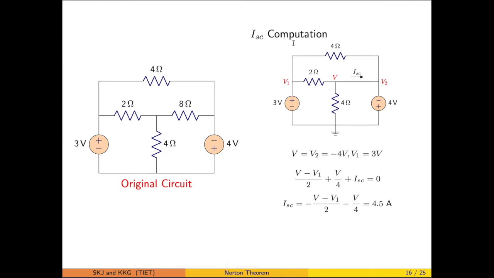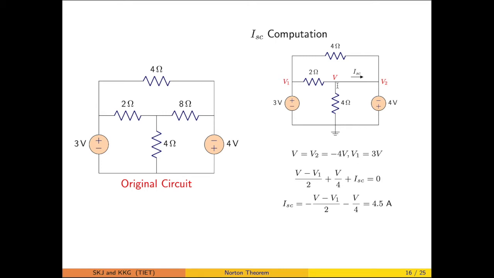We are calculating the ISC. To calculate the ISC, a short circuit is made, and when we see the three voltages, we are able to mark them. With respect to this reference, V2 is known. With respect to this, V1 is also known, and V2 is nothing but V. So that particular is the equation we have to have.